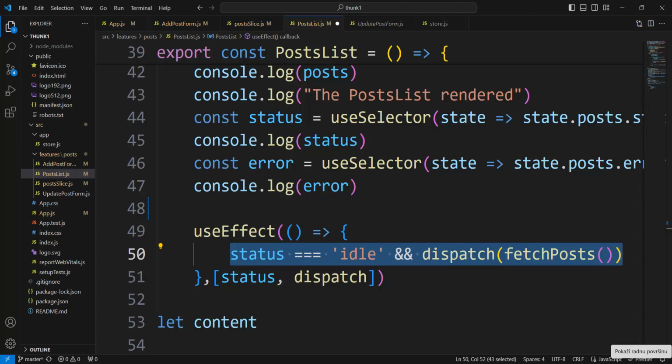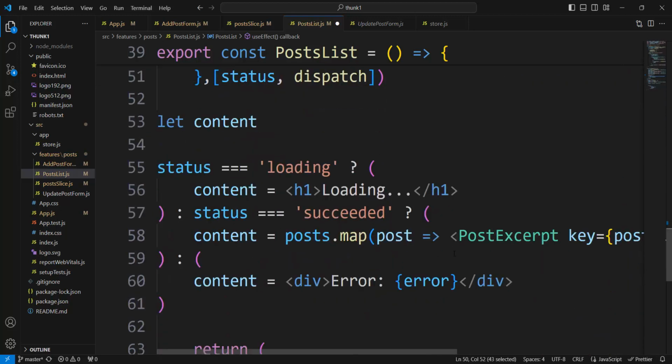post list. And when the asynchronous process finished okay, fetch post dispatches success type of action, fulfilled type of action. It means post is not an empty array but would be posts from the remote server, with posts inside like members, and status will be succeeded. And we have here, if status is succeeded,